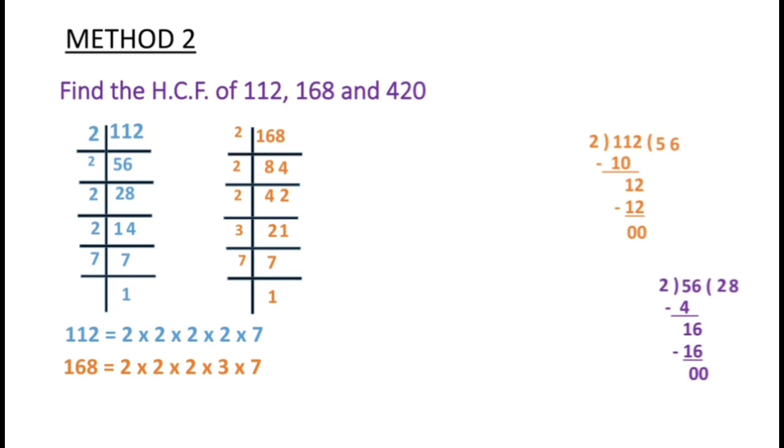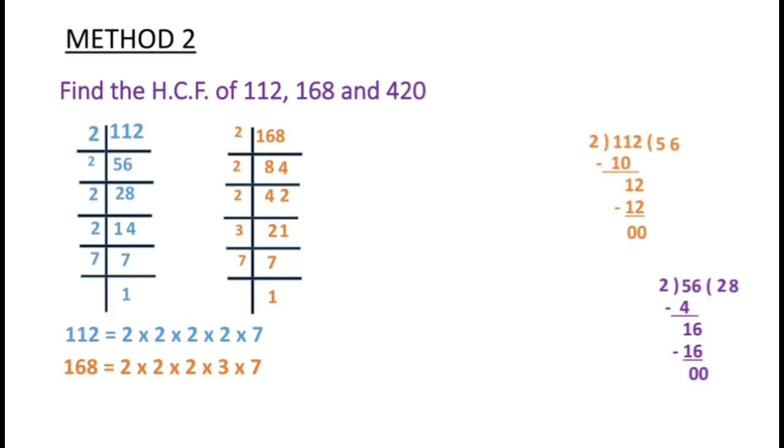Using these factors, we can find other factors of 168 also. If I multiply these numbers, the first factors are 2, 3, 7. 2 2s are 4. 4 2s are 8. 3 2s are 6. 7 2s are 14. 7 3s are 21. So like this, if we multiply, we will get the other factors of 168 also. Now so far how many factors we got? 2, 3, 7, 6, 8, 21, 14. Like that we can find many factors also.